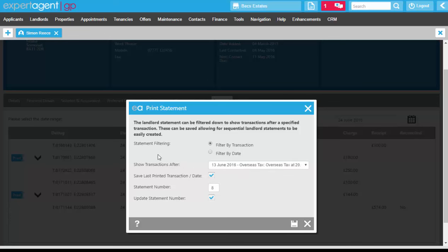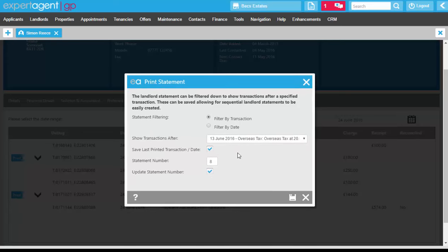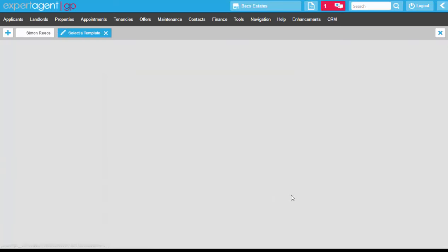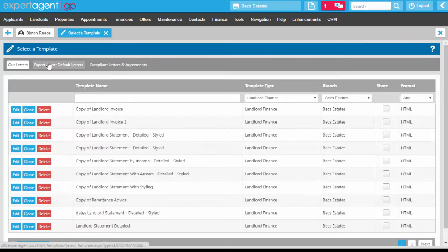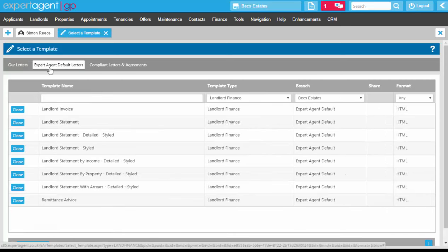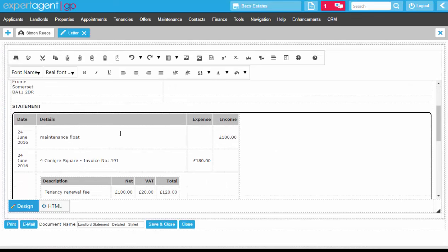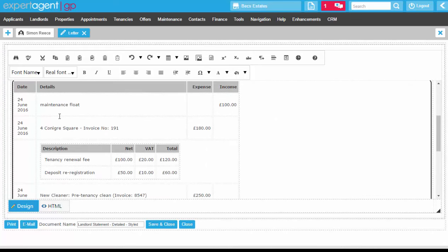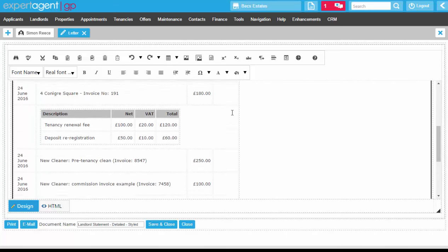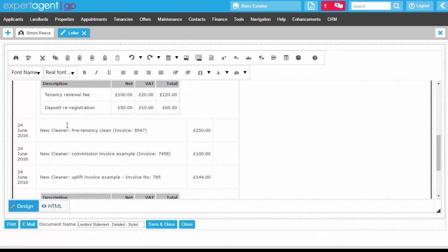So it's just a case of setting up that initial function of how you want the statement to produce. And as long as you leave those boxes ticked, Expert Agent will remember what you've done and use it to apply next time. Once you're happy, you're just clicking Save. You're finding your template, and it's going to bring you up that pop-up again as it did on the payments to make report, showing everything that's happened. So that's our invoice there,